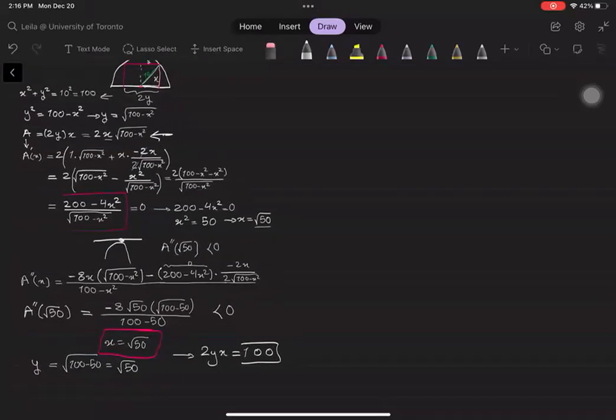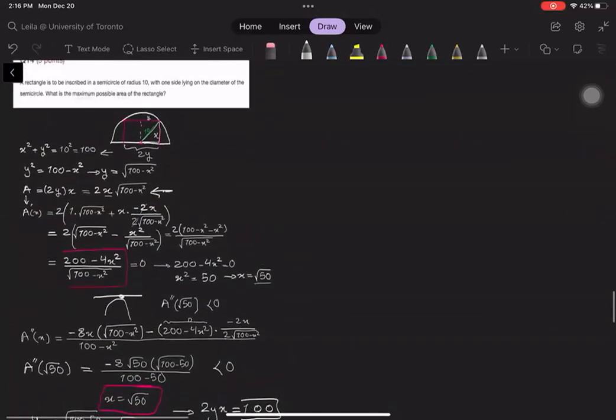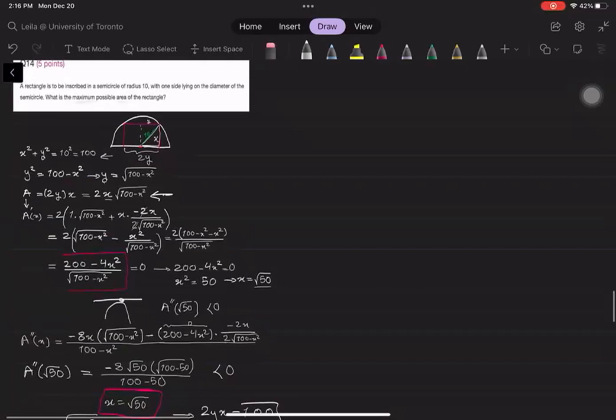If we use trig to solve this, how many marks would we get? If we just said to maximize area, the angle has to be 45 degrees, that makes the sides 5 root 2, 5 root 2, and just multiply it like that. I'm not sure. I think you would get most of the marks, but I don't know. If you don't have time to do it, you can do it the way you said, but